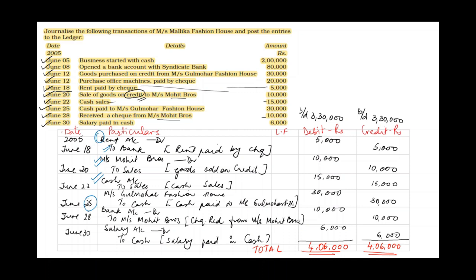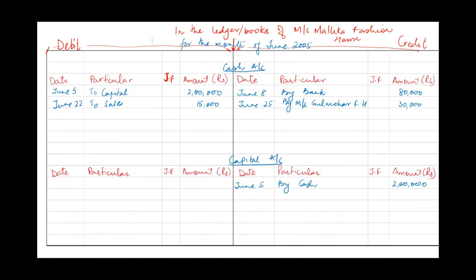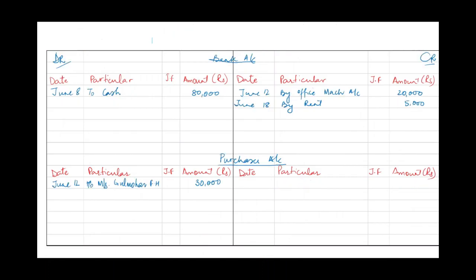Bank account debit on 28th. Bank account debit to Mrs. Mohit 10,000. That means Mrs. Mohit paid me 10,000 on June 28th. So debit what comes in. So I'll debit my bank account. So I'll say June 28th to Mrs. Mohit